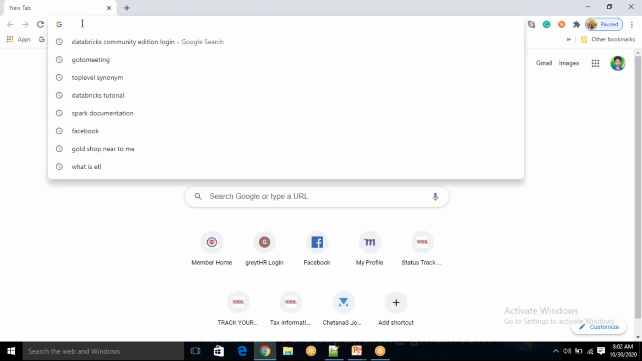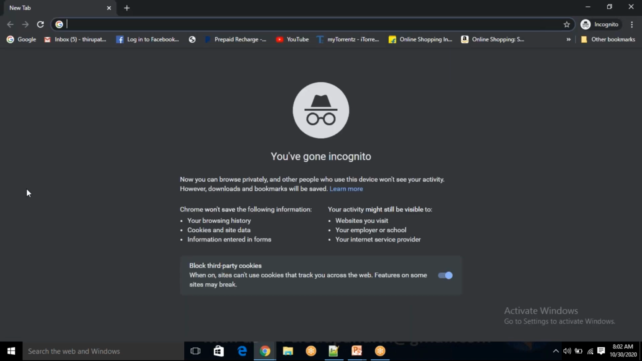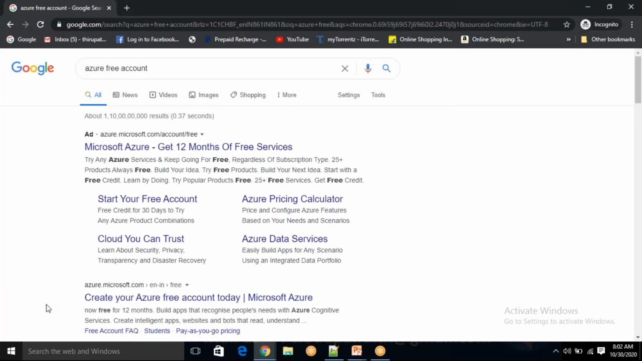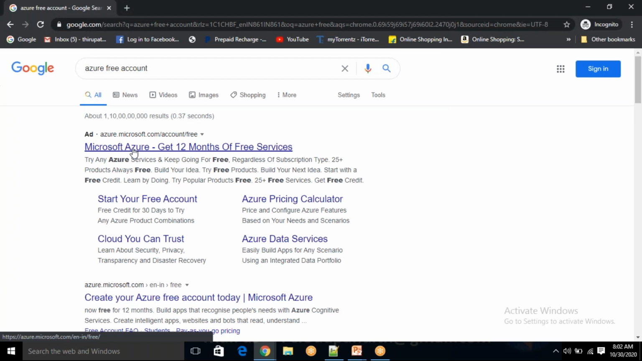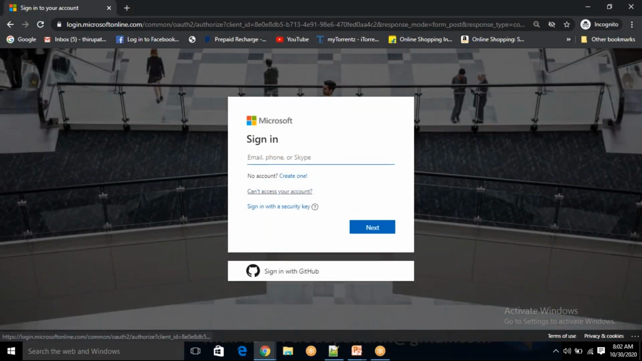So now we will see how to create our Azure free account. In this, you just have to go to the Azure free account page. Just click on Microsoft Azure, get 12 months of free services. So just click on start free. So let's click on create one. I want to create a new one